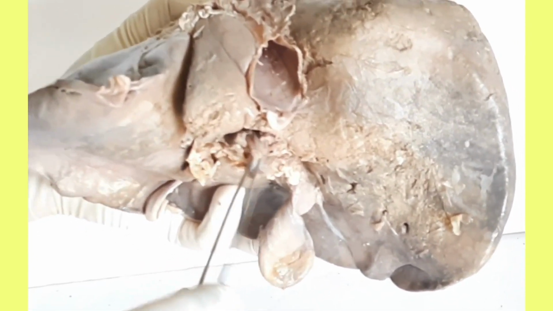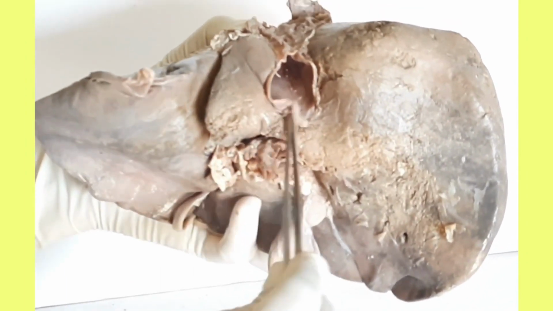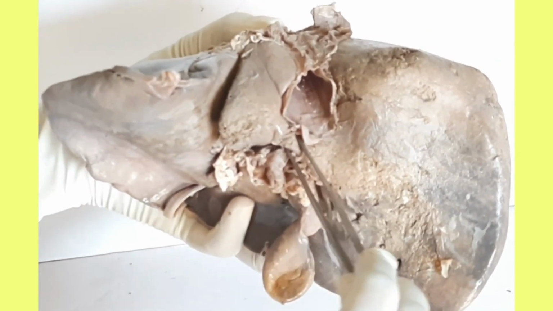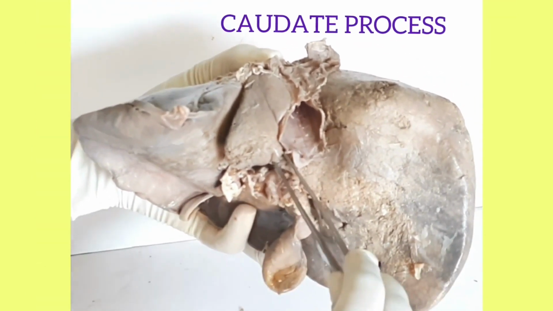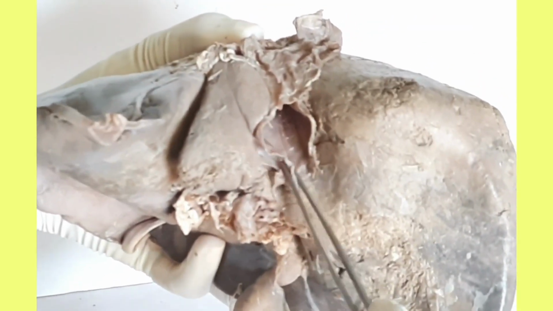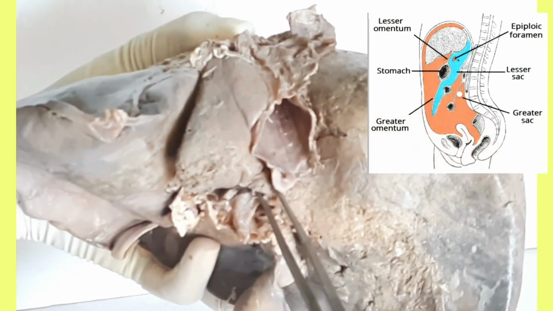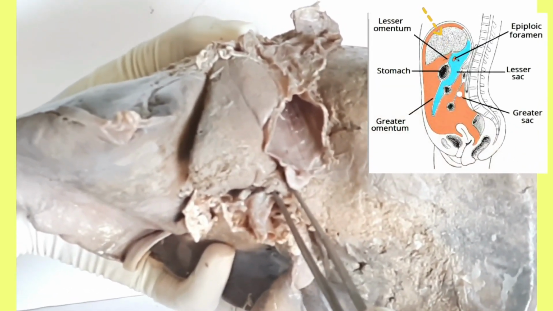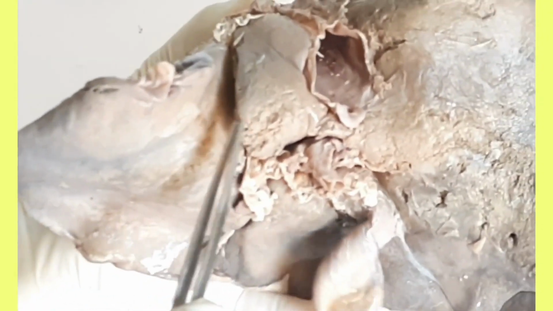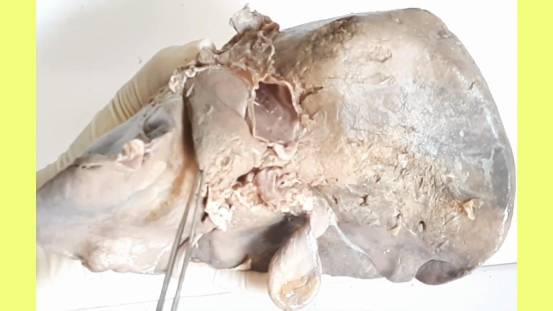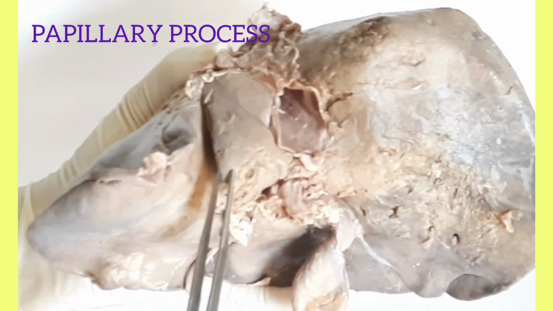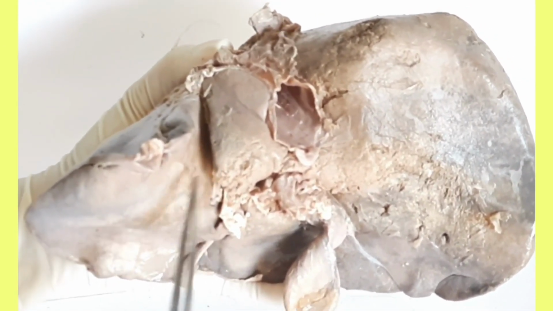This caudate lobe shows a tail-like process which extends and becomes continuous with the leftover part of the right lobe. This tail-like process is called the caudate process of the caudate lobe, which lies between the inferior vena cava and porta hepatis, and it forms the roof of the epiploic foramen, the foramen which connects the lesser and the greater sacs of the peritoneal cavity. While on the left side, the lower end of the caudate lobe shows a conical elevation called the papillary process. It is directed downwards and backwards.